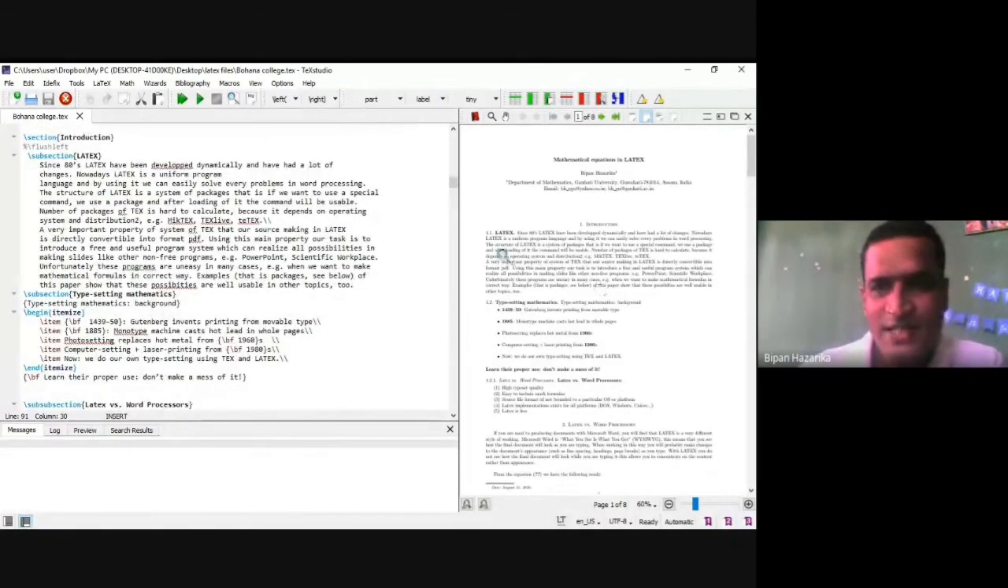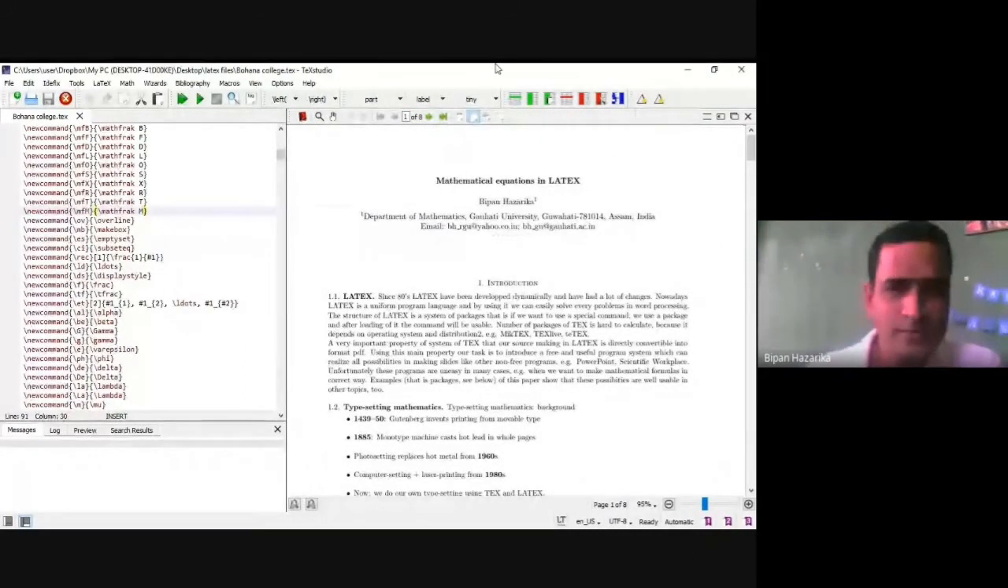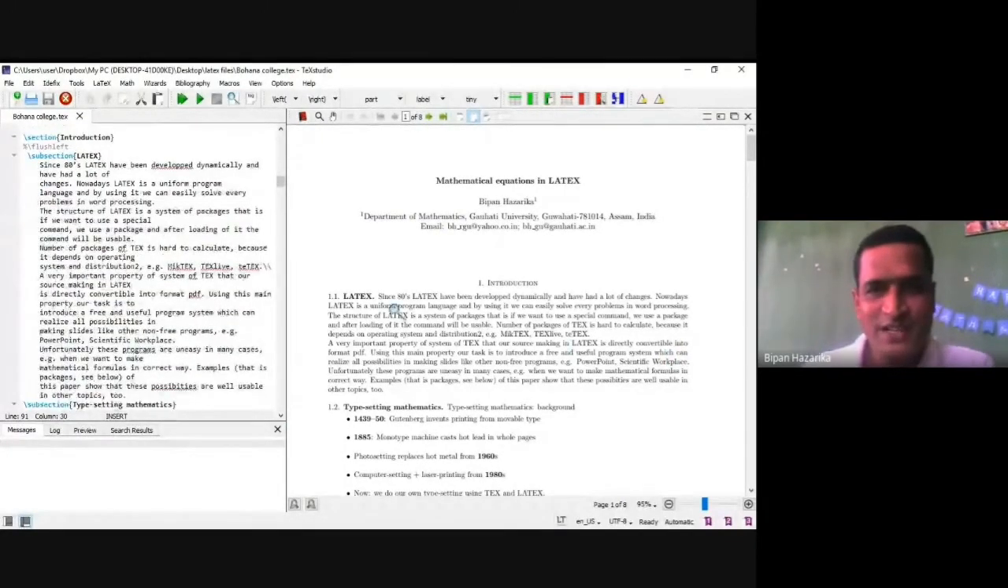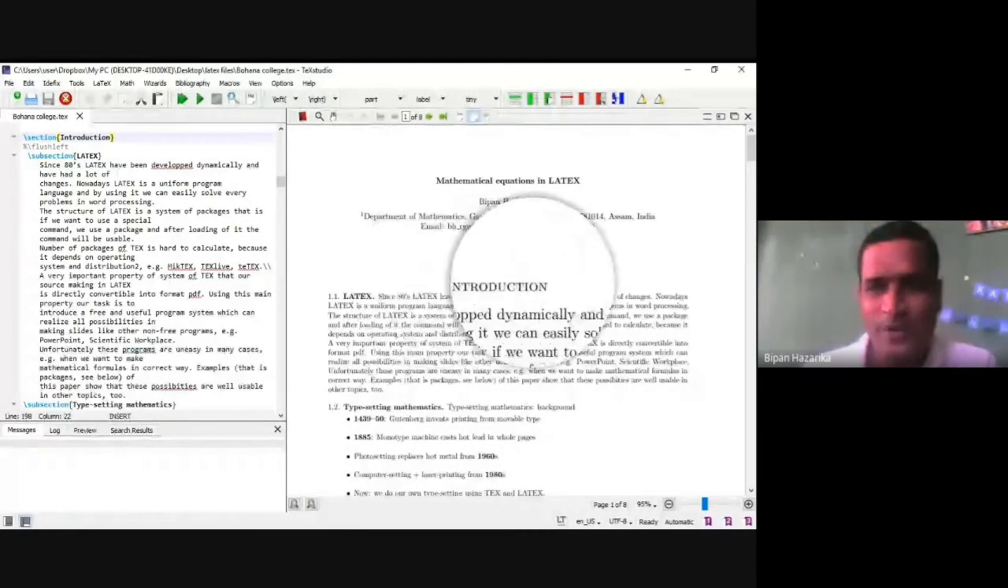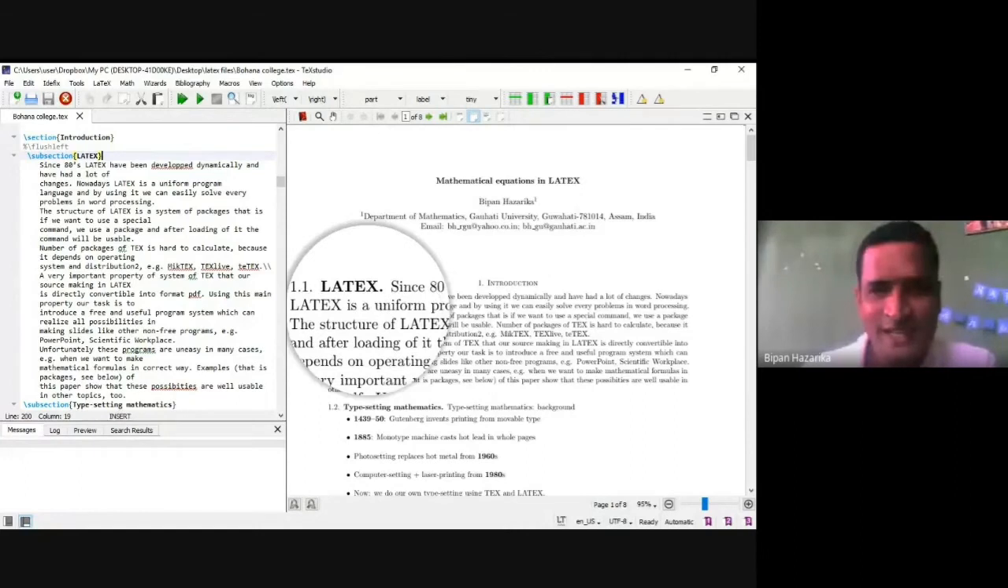Now you see, this is the first paragraph. I bold here. Okay, so this is the first paragraph I have written here. So the section Introduction is coming here. Then within the section I write a subsection, LaTeX. So within the subsection I put,